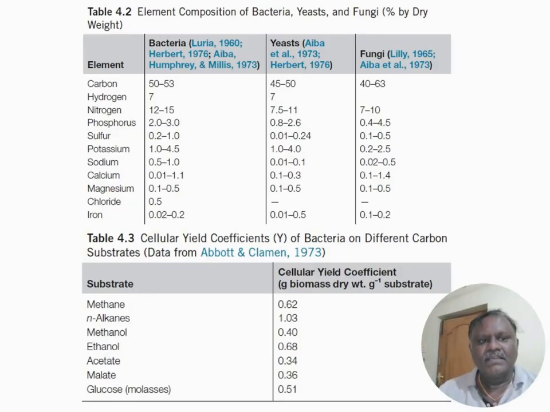And if you see the table which gives the elemental composition of bacteria, yeast, and fungi on a dry weight percentage, each of these organisms varies based on their elemental carbon, nitrogen, hydrogen, phosphorus, sulfur, potassium, calcium, magnesium, chloride, iron. So they vary in a principal range of carbon sources. And if you see, typically bacteria have higher amounts of carbon and nitrogen than yeast and fungi. Similarly, the other table shows how much of the yield coefficient that you can obtain from